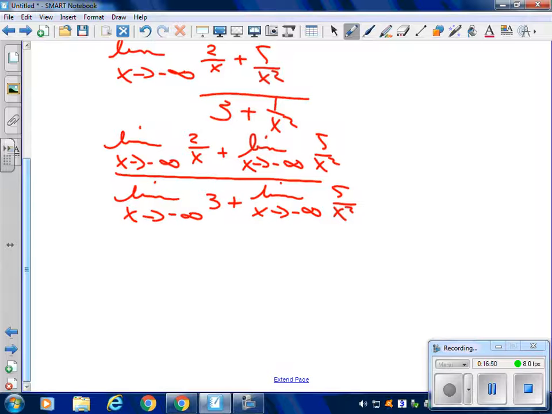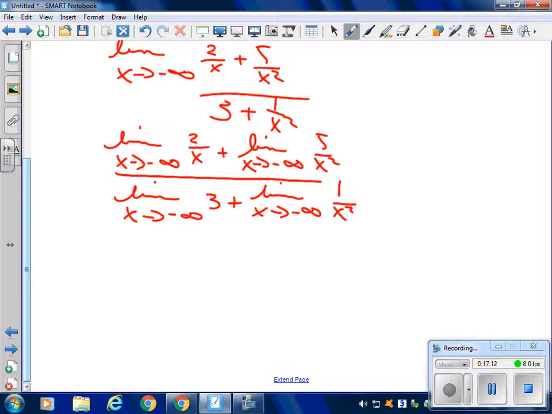Alright, so we put the limit of x going to negative infinity on all of them because we want to use the rule. Because I'm not paying attention, thank you. I'm just not looking up high enough and low enough to get my numerators and denominators. I keep looking all the way to the top. Alright, so